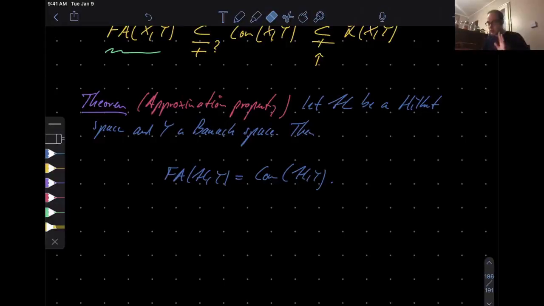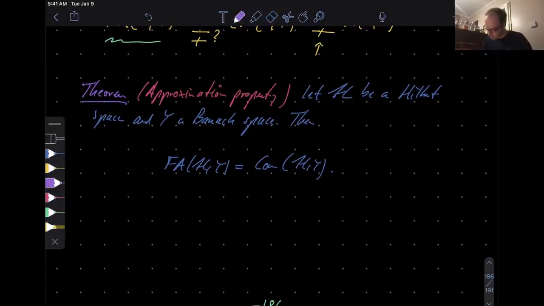Again, it does not hold true if you remove the words "Hilbert space" there, right? For generic Banach spaces, this is not true. Generic Banach spaces don't have the approximation property. Hilbert spaces do have the approximation property. Okay, so the proof. This will take some time. So we will show, as I already said,